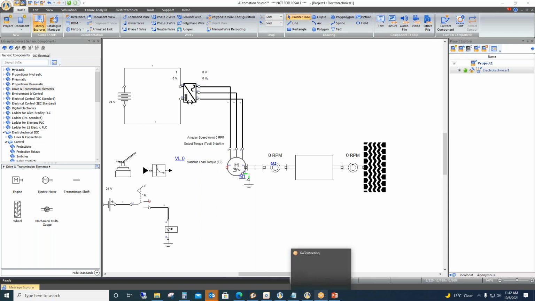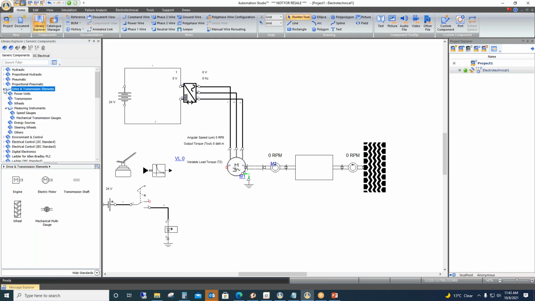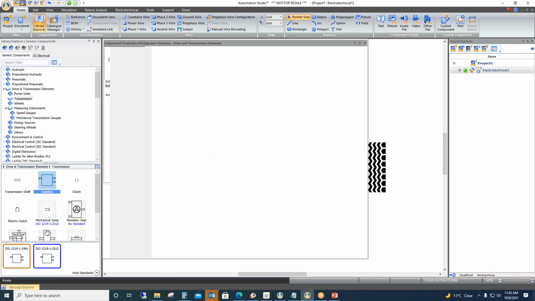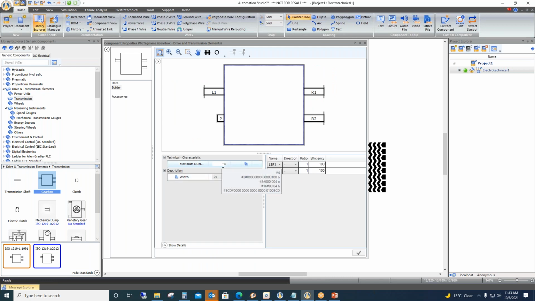Shraddha, are there any choices of these gearboxes? Yes. If you go here in power units, you can change it to the number of positions. Right now, I had edited it because I just wanted one input. No problem, you can change it, you have the options. Please continue.